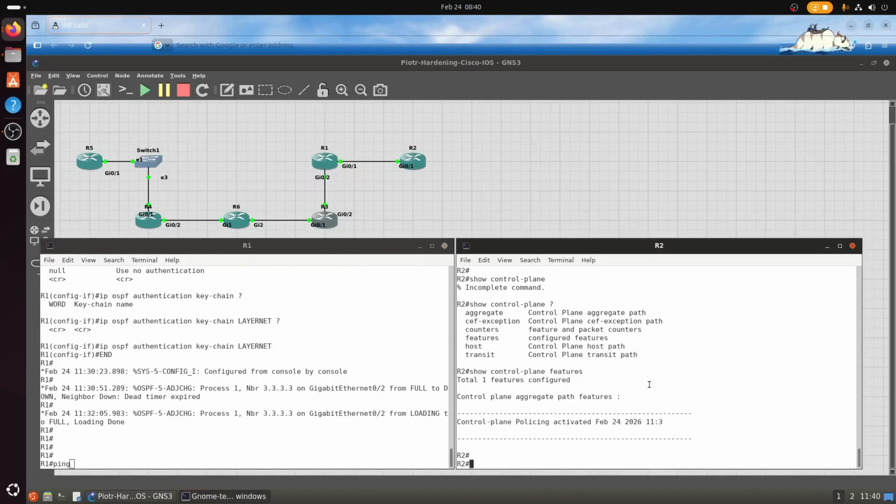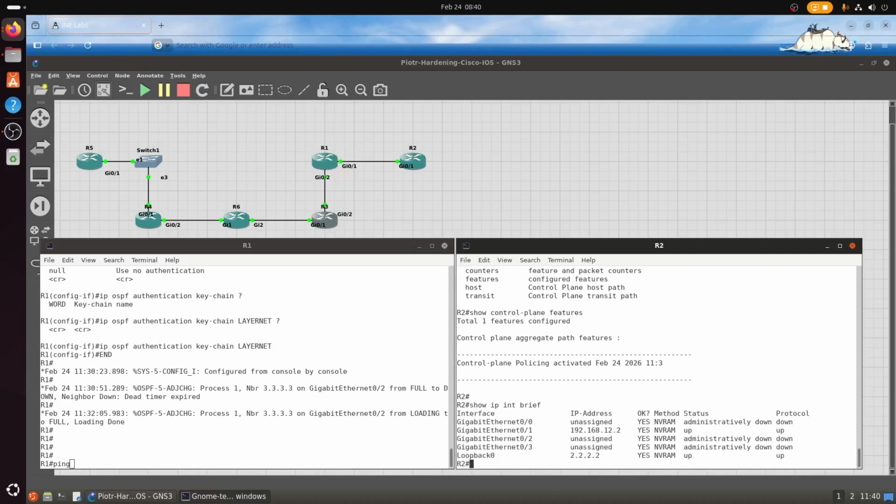First I needed to see what is the IP of the interface. Show IP interface brief. Okay, we are going to use 192.168.12.2, ping 192.168.12.2, and then here I will say repeat